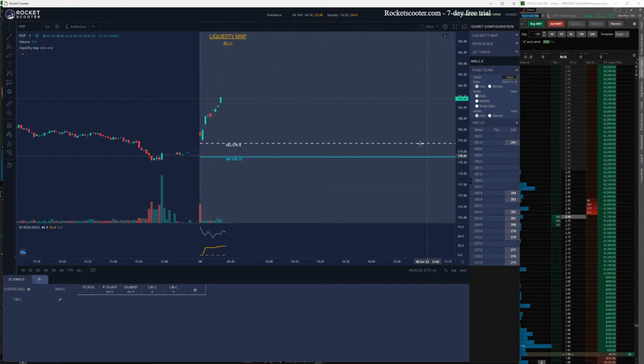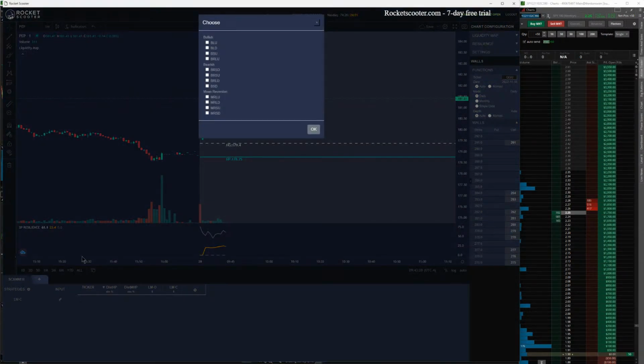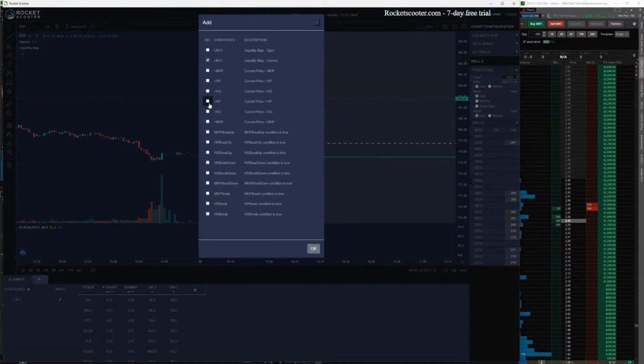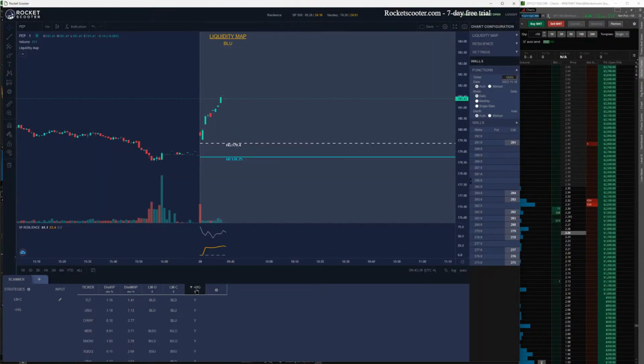Okay, so market's looking pretty solid here. Let's find some stocks that are sitting on the upside. Resilience is positive. Let's find some laggers, things that are below half gap. I'm gonna search for anything that's below half gap, and we can do distance from half gap on the side.